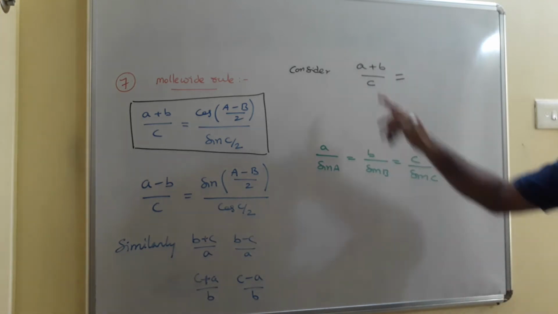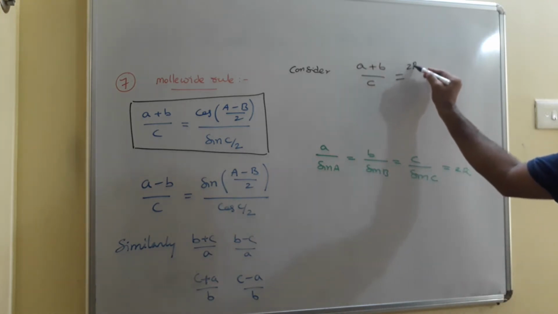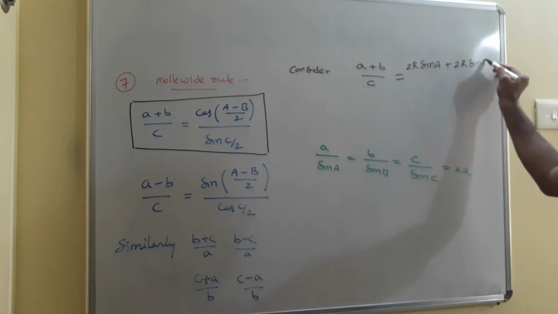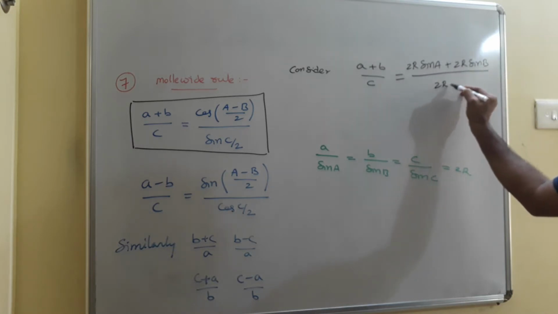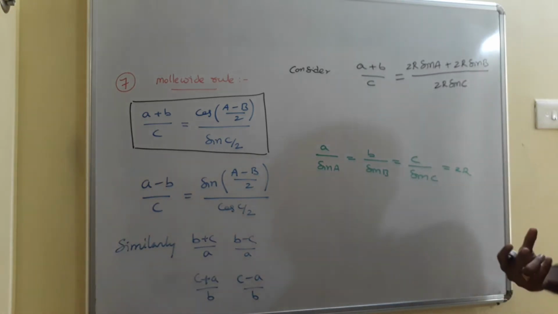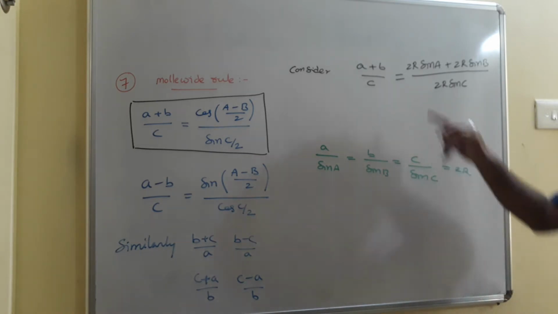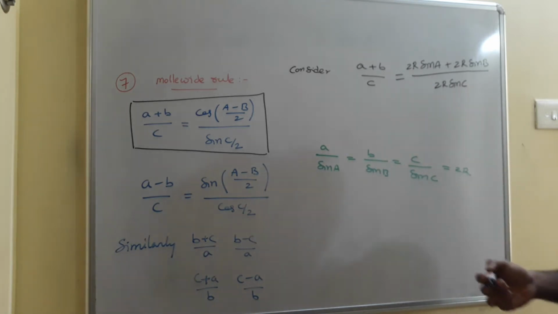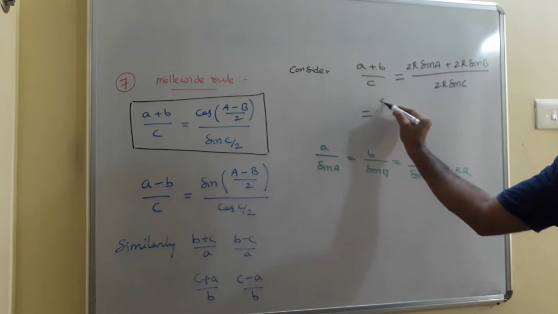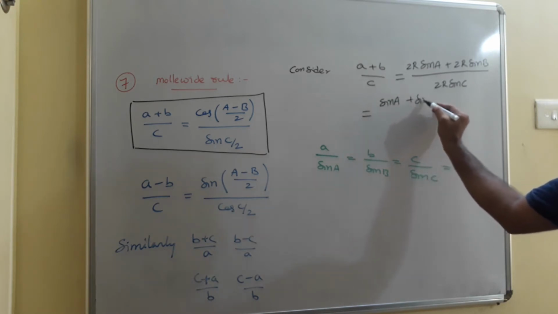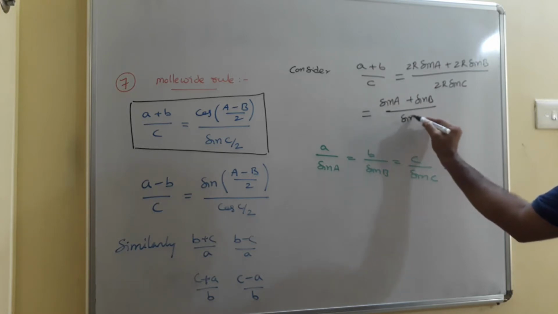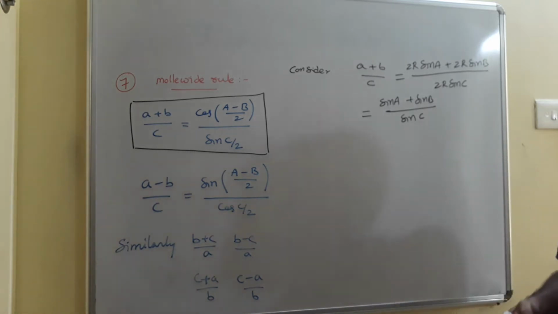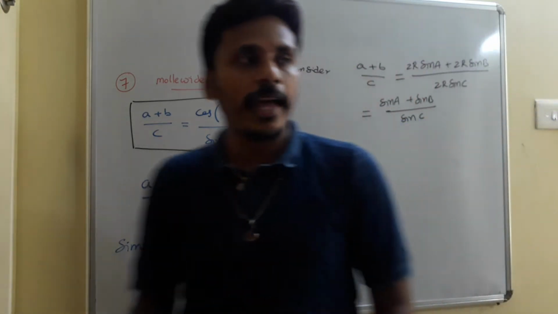So this is equal to, I will write it like this, 2R sin a plus b can be written as 2R sin b, and the denominator c is what? 2R sin c, just with the help of the sine rule. And now for the simplification, you just cancel out the 2R, okay? And in the next step, it becomes like how? So this is equal to (sin a plus sin b) divided by sin c. Is it clear? So at the end, (a plus b) by c is equal to (sin a plus sin b) by sin c with the help of the sine rule.